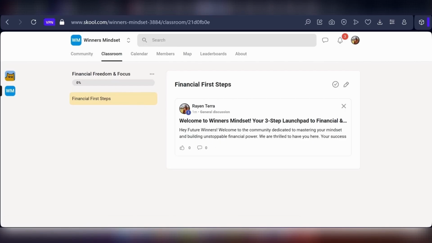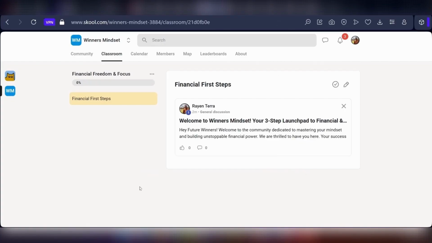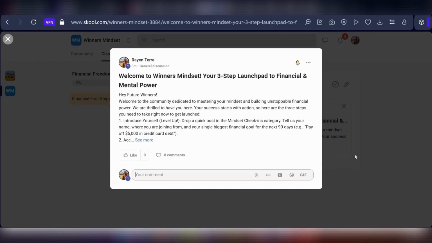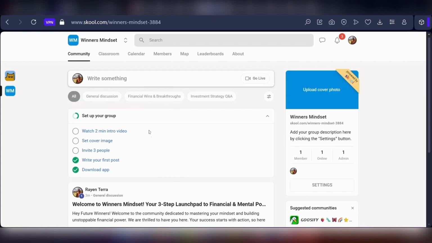So this is how you get to put this right at the top of your course to help them read this information and get the best out of it. So if anyone comes to your course, they can click on it and find the information right there. And then we can go back to community, and in order to have something right here in the community and not in the course,